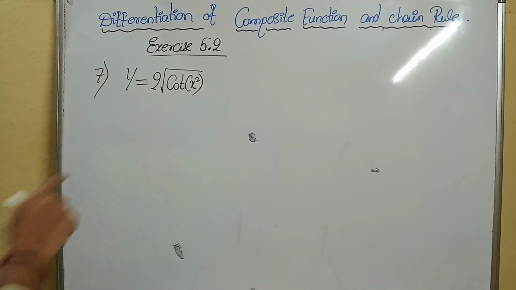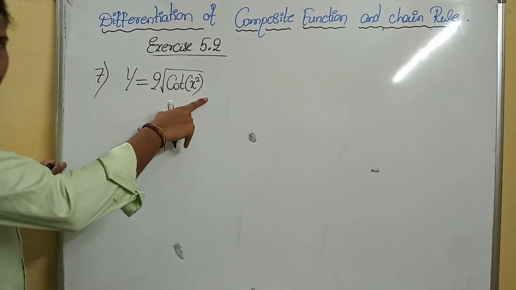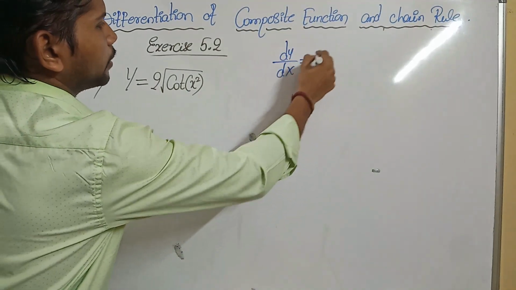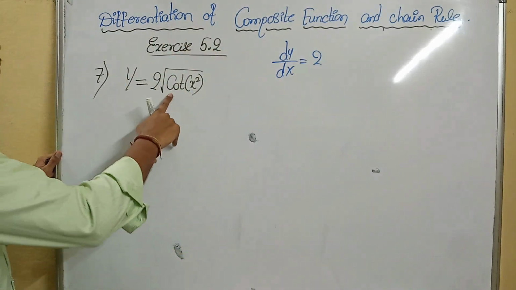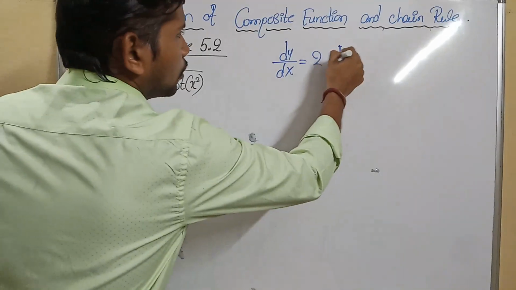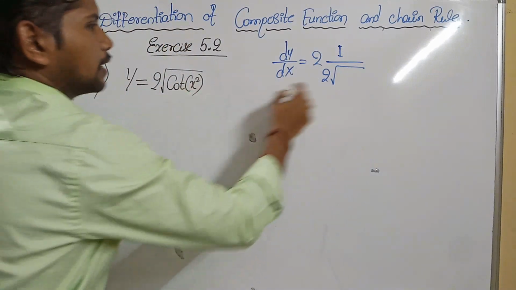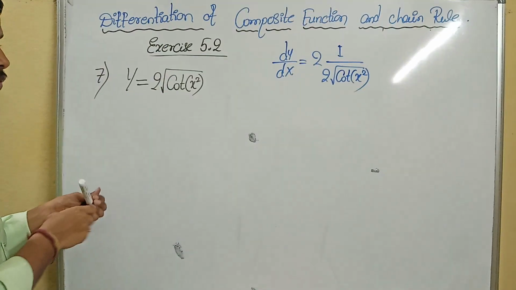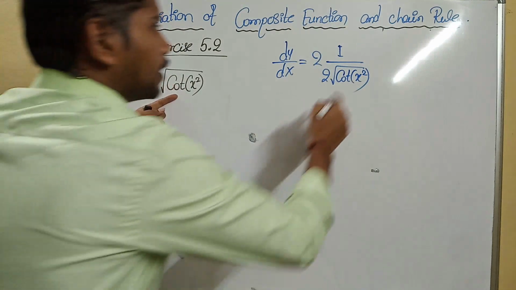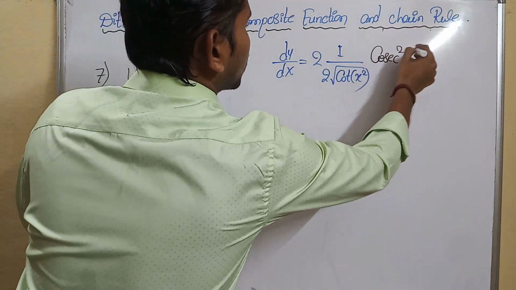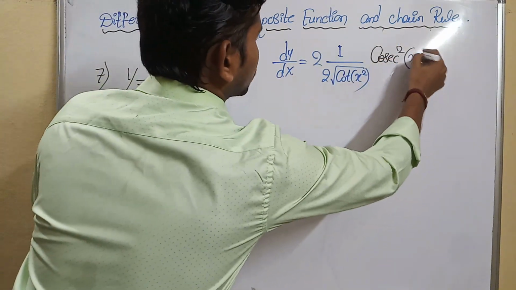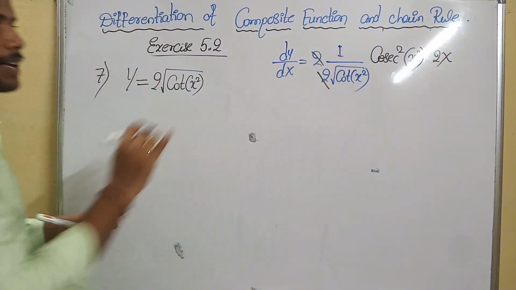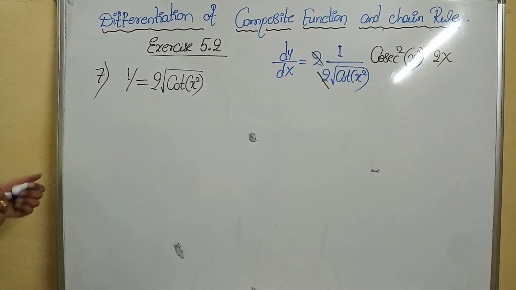Next one, y is equal to 2 square root of cot of x square. If you want to write it directly, the dy by dx will be, let 2 be as it is, root derivative first, root x derivative 1 by 2 root of the value as it is, cot of x square. Got it? First root function derivative is over. After that cot derivative, cosecant square of angle as it is. What is the angle? x square as it is. What is x square derivative? 2x. Here 2 will be cancelled. This is a particular solution for the particular problem.